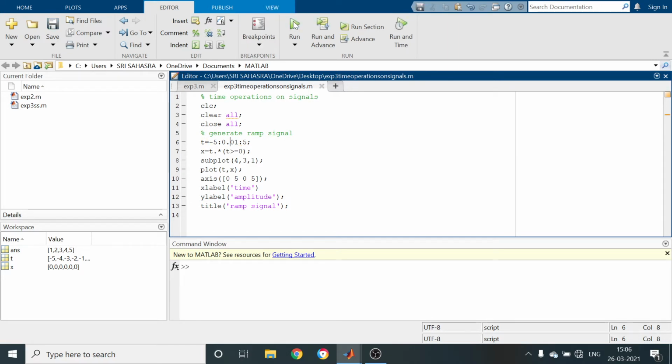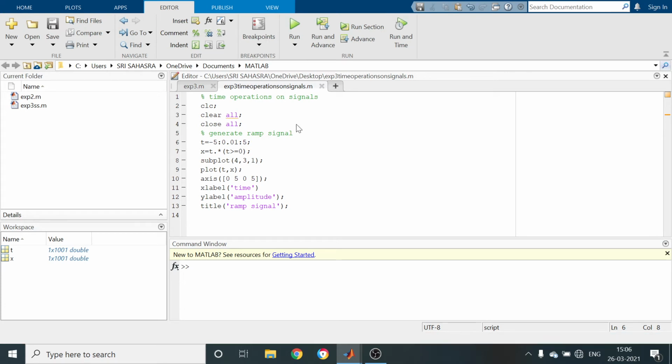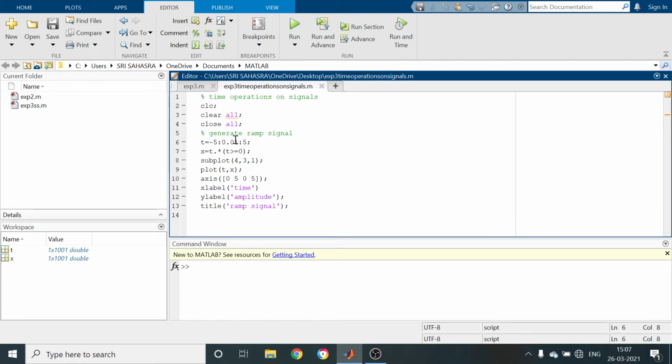Yes. Now we are going to get the signal. So this is the ramp signal ranging from 0 to 5, 0 to 5. So here what is the mistake? Here I wrote the spacing as 0 comma, so that's why we didn't get the signal. So just don't make mistakes like this. So here time axis t equal to minus 5 to 5, 0.01. Now we are using an extra command, axis, which gives the range of the time axis as well as the amplitude axis. 0, 5 stands for the first one being time, the second one being amplitude.